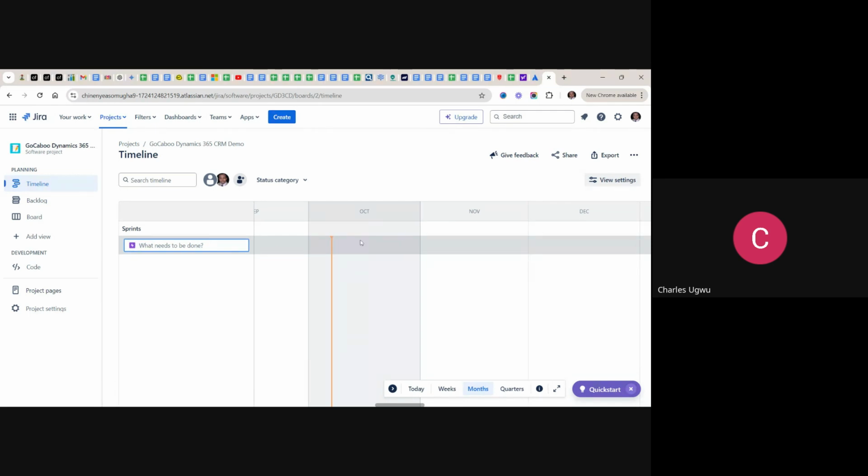And this is the calendar attached to it. That's why they are now calling it timeline, because it shows the timing. So what do we do? The first thing we need to do is to create the epic. We create epics. From the epic, we break them down into